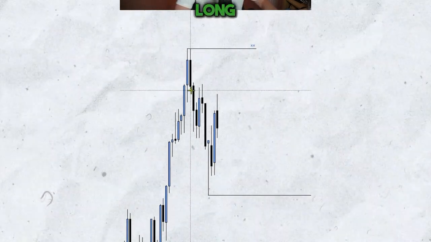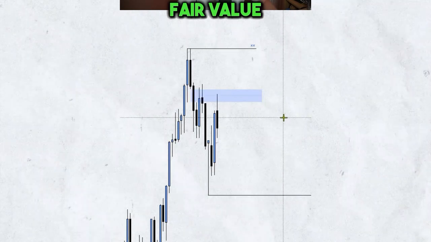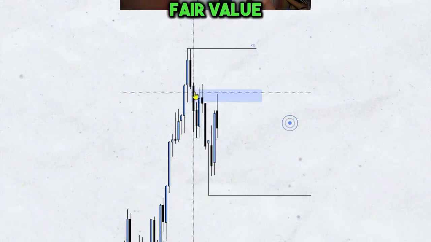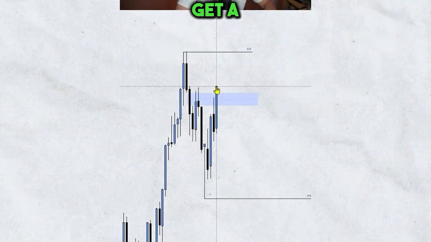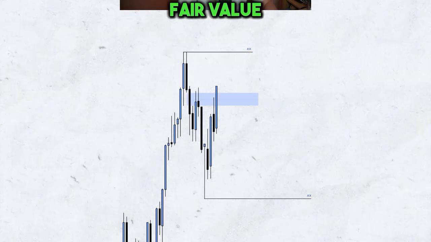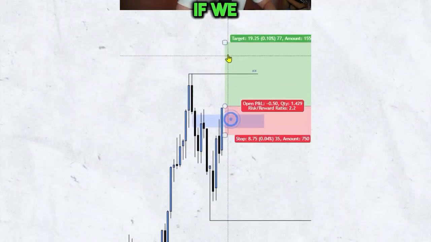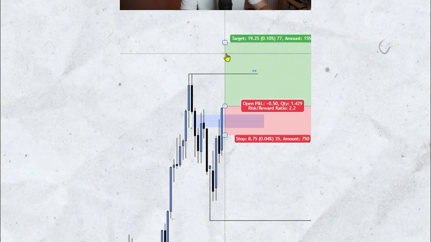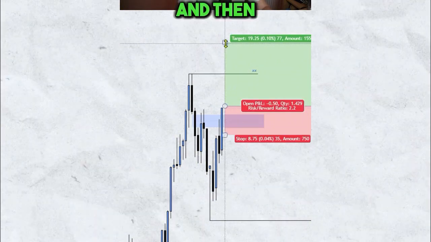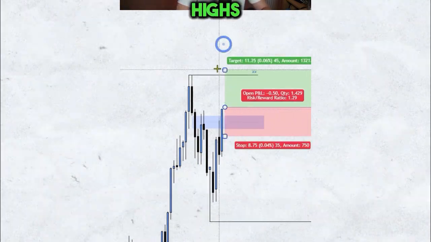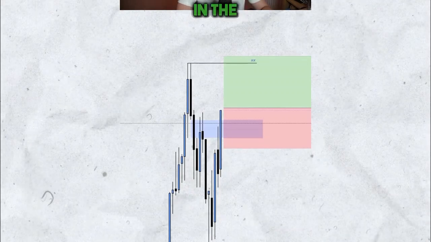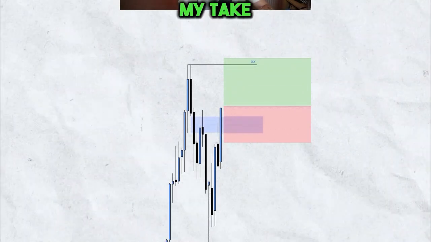Now, I enter long positions from bearish fair value gaps. As you can see, we have a bearish fair value gap right here. We then get a candle close above this bearish fair value gap, so I will enter into a long position. My stop loss is simply if we get a candle close back below this now inversion fair value gap, and then I know that these equal highs have such a high chance of hitting in the market, so this will be where my take profit is.